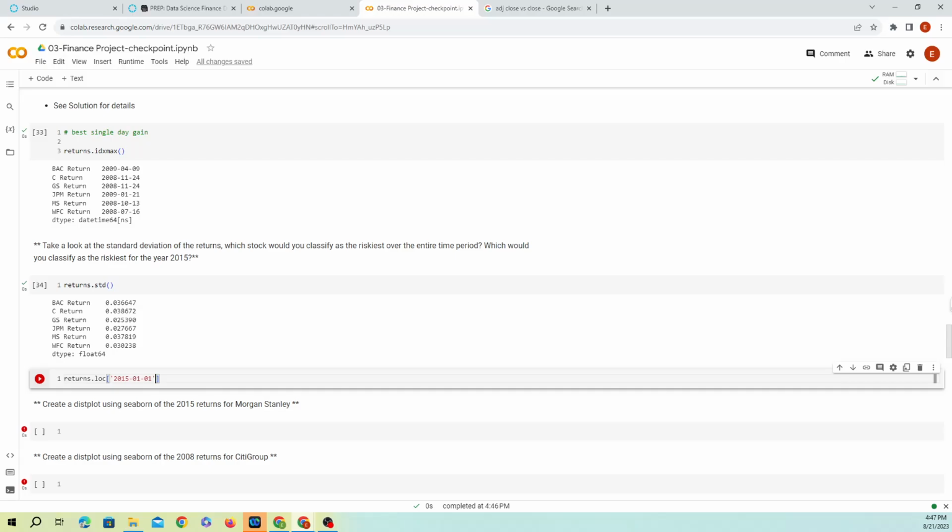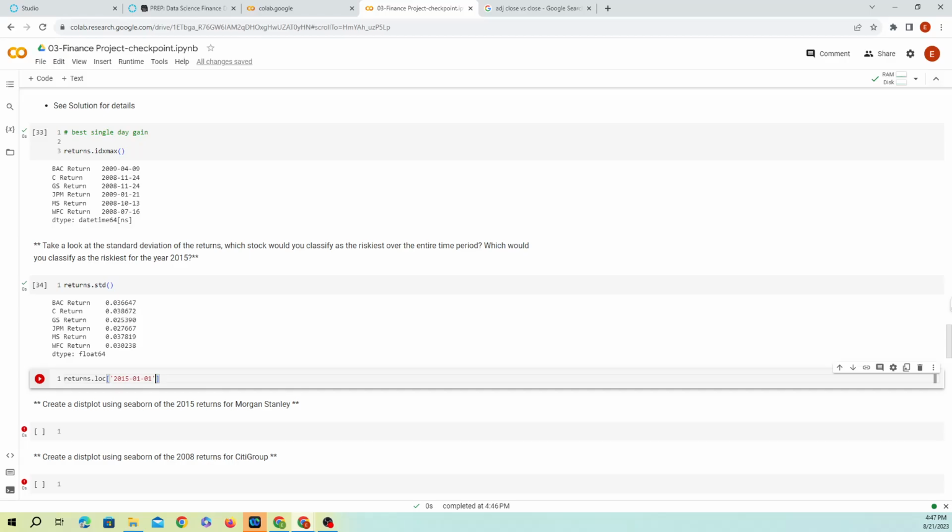Now here they want us to create a distribution plot using seaborn of the 2015 returns of Morgan Stanley. So we're gonna use sns, which is seaborn. We already imported that, so we can just use it.